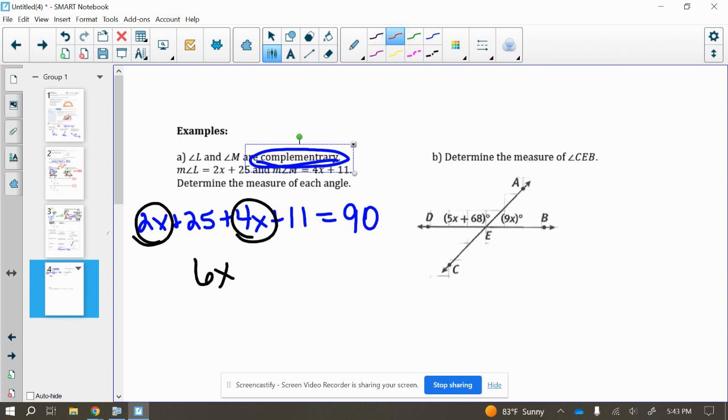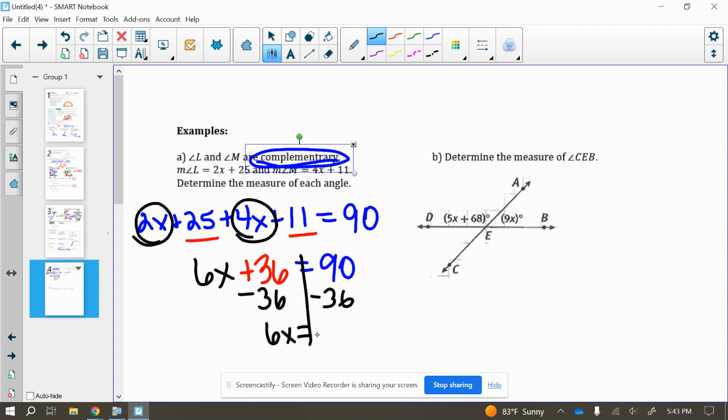So we have 6x plus we also have 25 plus 11, so 36, and that equals our 90. Once things are condensed down, we can subtract, and then ultimately we can divide so that we get an x